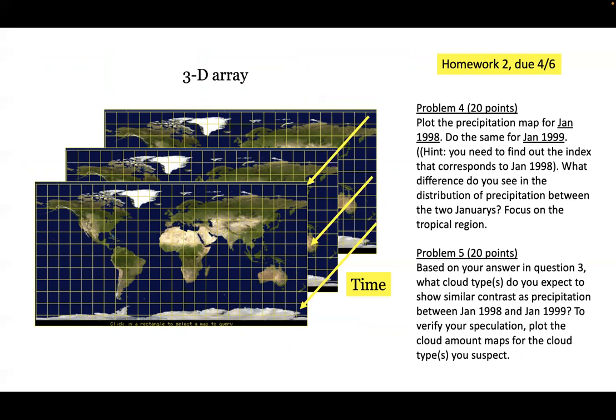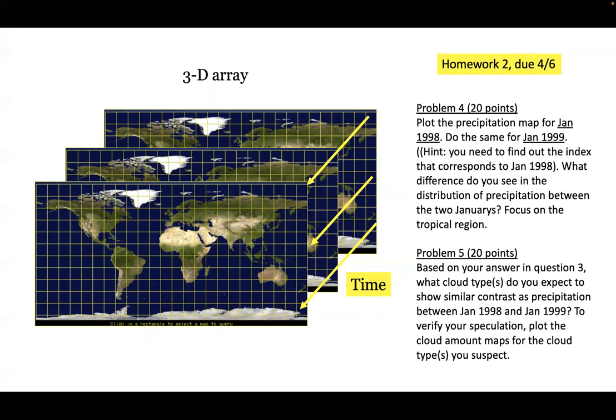So that's meant to leverage the 3D nature. What I meant by 3D is latitude, longitude versus time. So the 3D nature of the data set. So you can also look at the temporal variation. In addition to the long-term average, you can also see how that varies from time to time. Certain month,